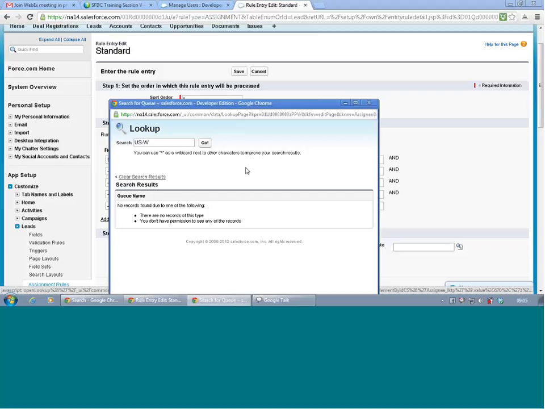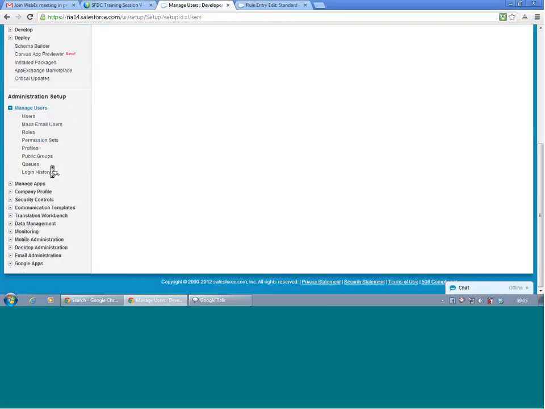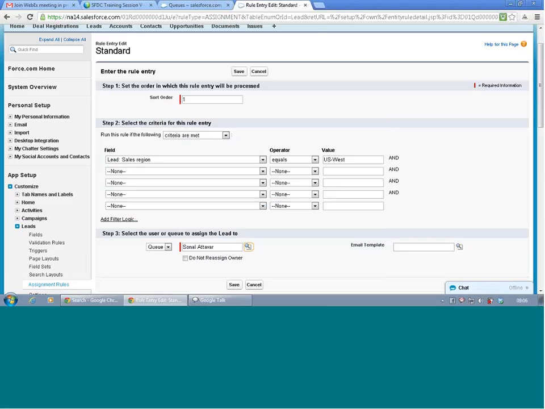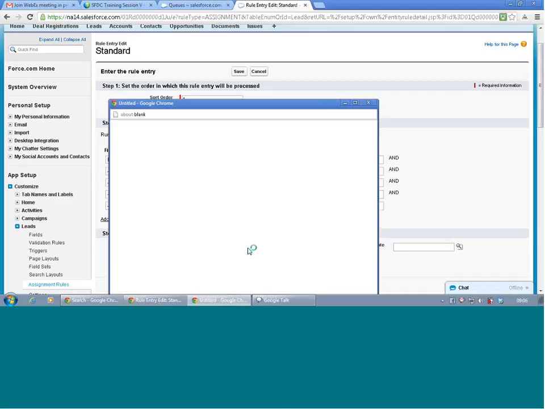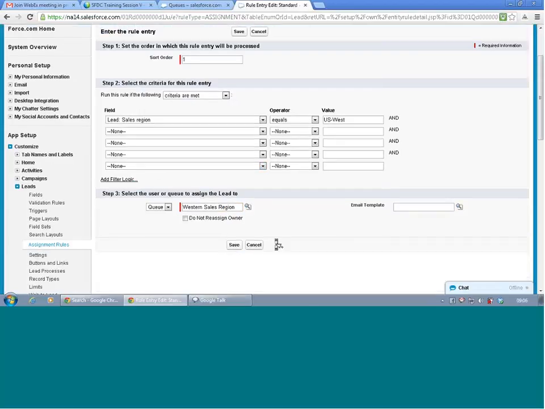Did you make that queue available or active or anything? Okay, let's save. Go to the queues. The queue name is not US, it says Western. That's why it did not show. It does not have a US. Oh, the queue name we have to put, right? Yeah, look for the one put as Western or put as a region. West is going to show. There you go. Okay, and you can save it.